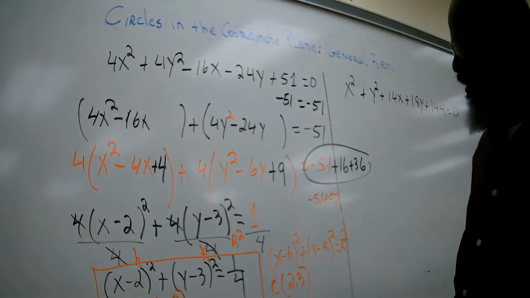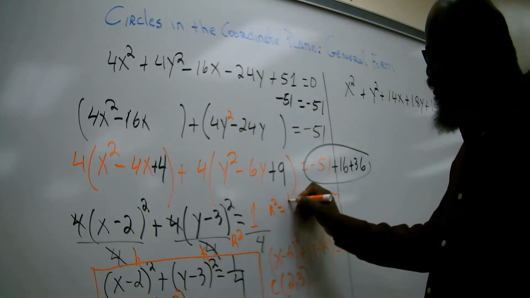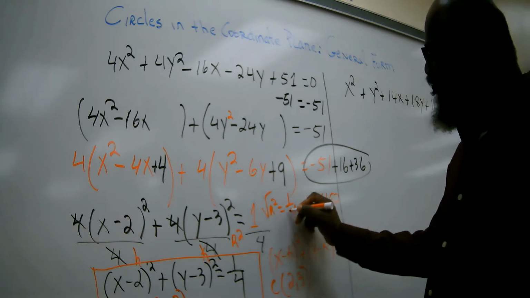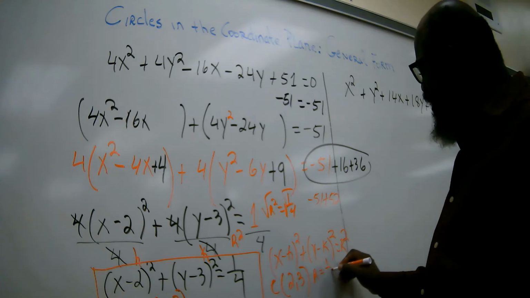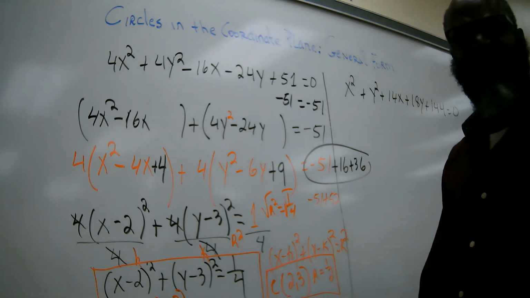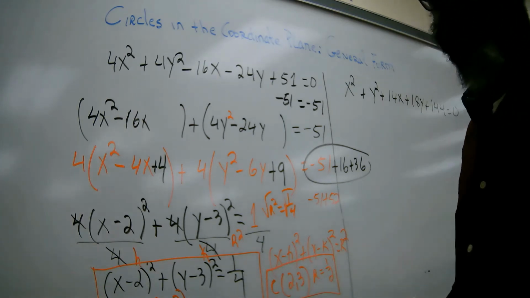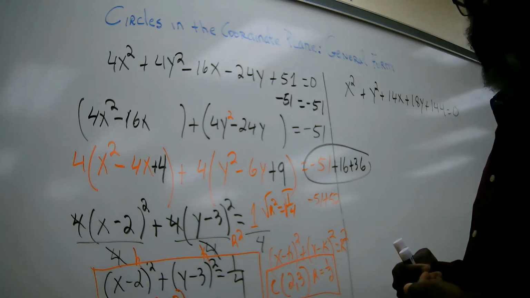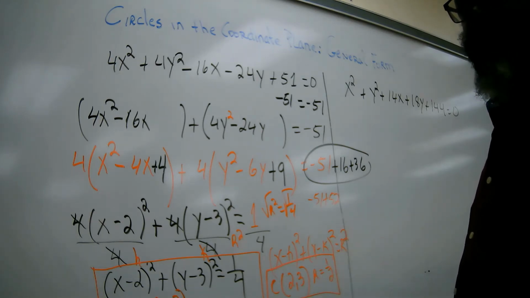That's the center. And your radius, r squared, is equal to 1/4. Then you take the square root of that. Then r, the radius, will be 1/2. Then you have identified what you were looking for. So this is our goal in this lesson: to get an equation from general form, to transform it to standard form, to identify the